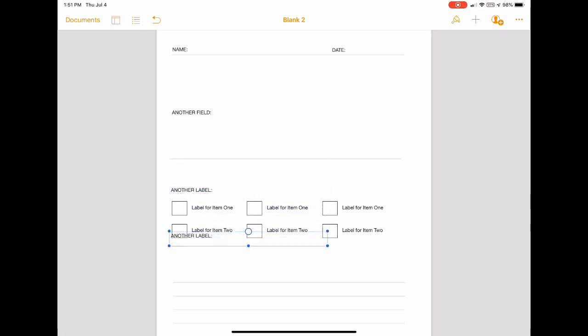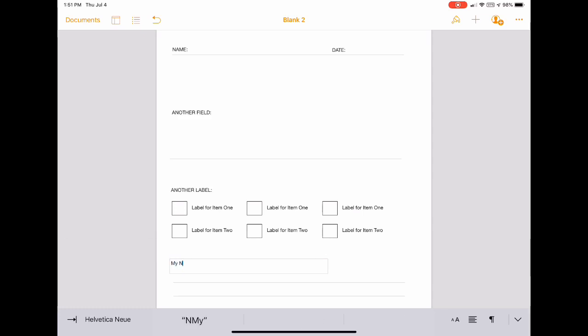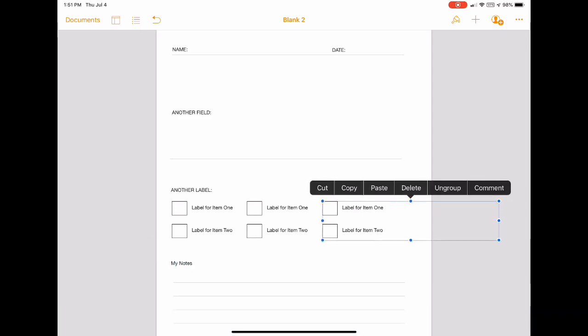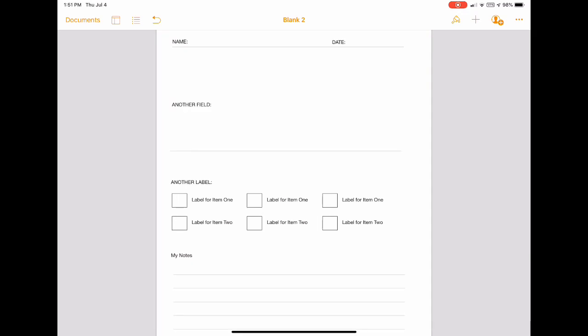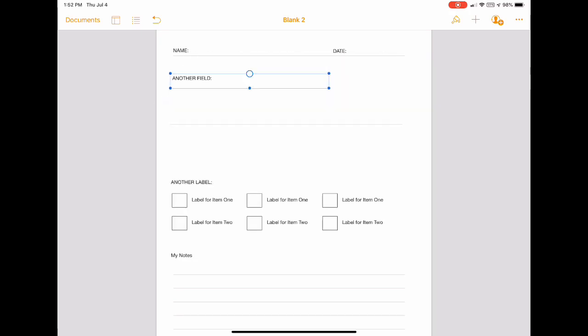So I've got an idea of what we can do here. We'll call this notes. And since we're not going to use the blank area up the top as notes, maybe we should do something with it. So let's go ahead and move that up. And then switch this out so that it's